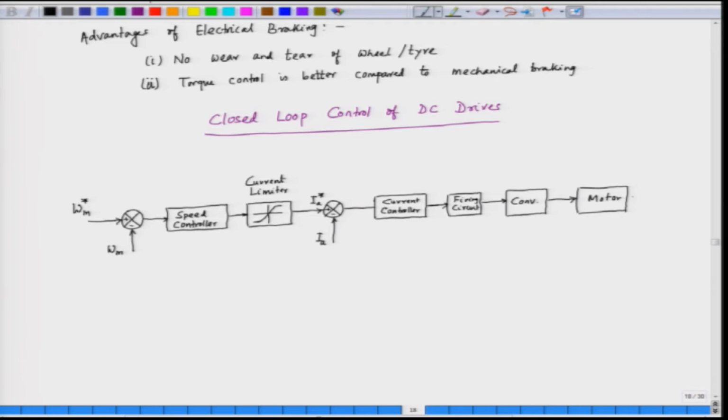And the motor usually is mechanically coupled to the load. So, we have the load, which is a mechanical load here. Now, the motor current is sensed here. So, we have the current sensor, the current sensor senses the motor current, and this feeds back the motor current to control the current in the motor, and the converter obtains the power supply in this case.